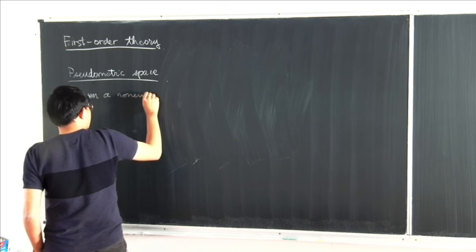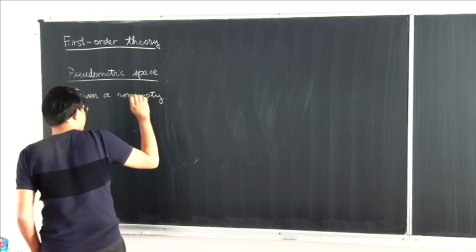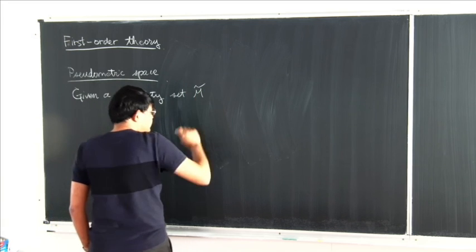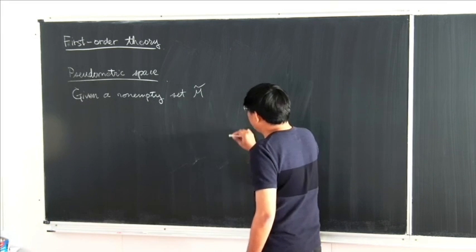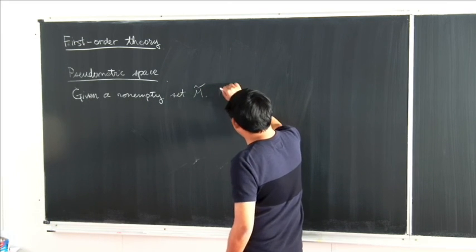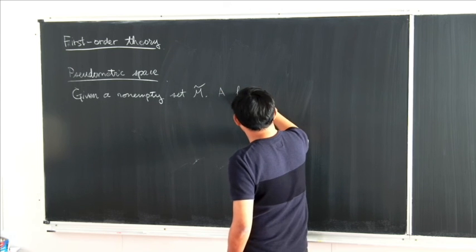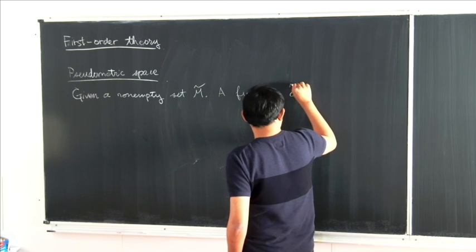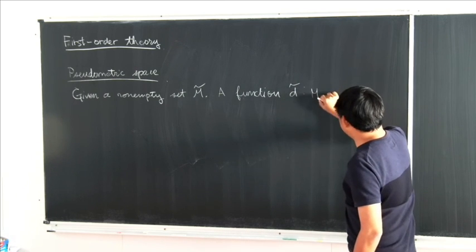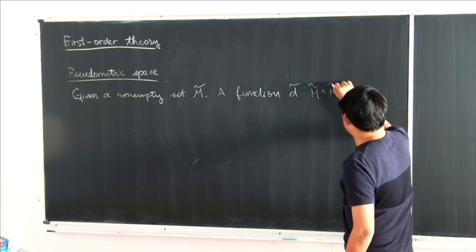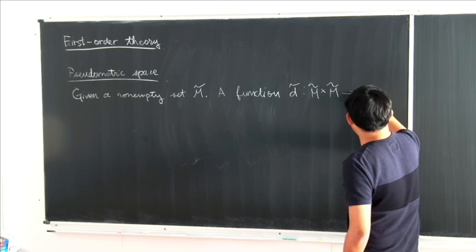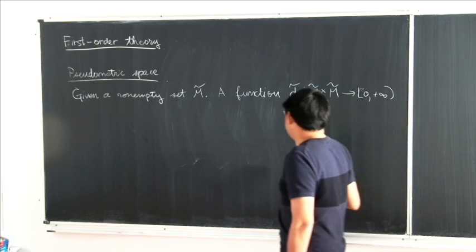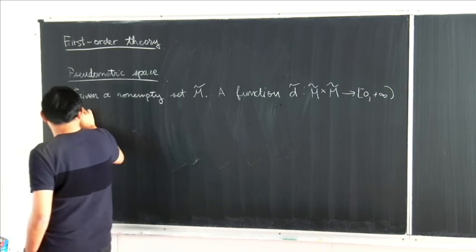Suppose we are given a nonempty set, which I will call M tilde. Then a function d tilde defined on M tilde cross M tilde into [0, +∞) is called a pseudometric